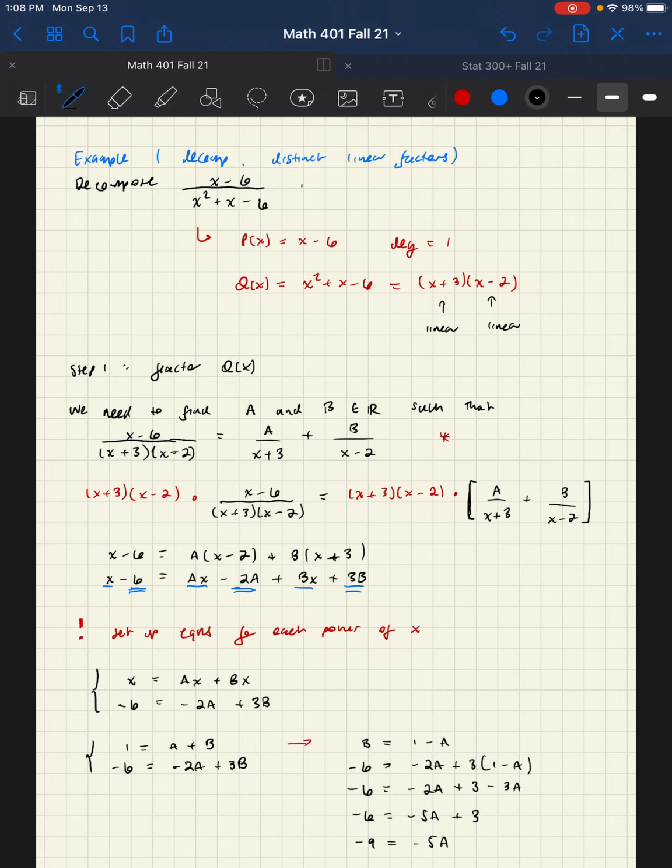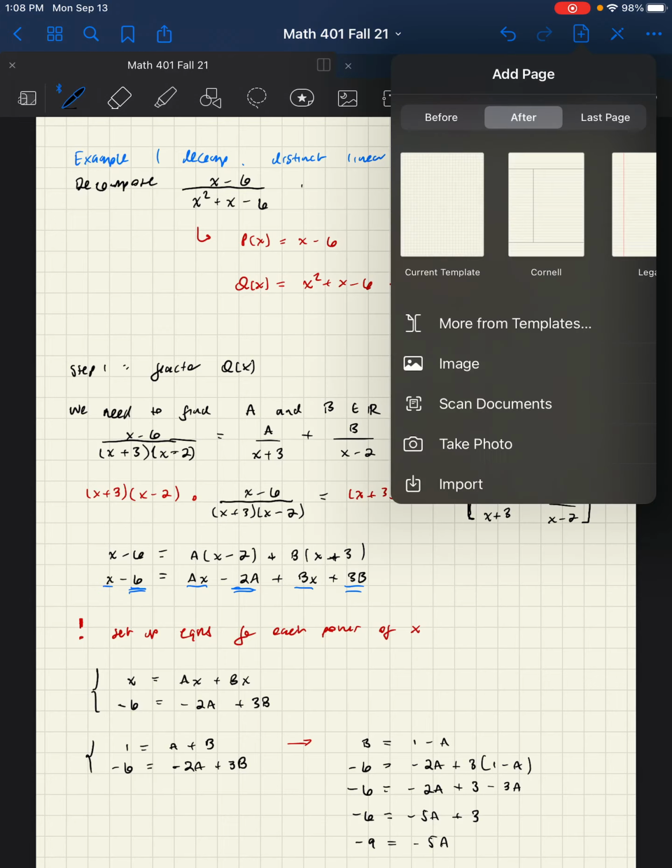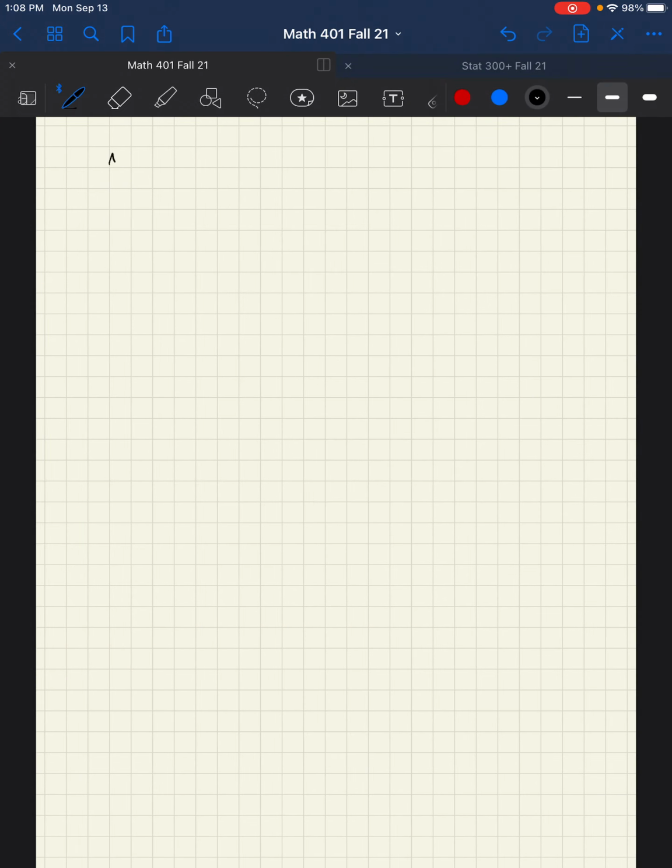Okay. And so what we see then is we have A. A is 9 over 5. So A equals 9 over 5. And then B is, we said that was 1 minus A. So 1 minus 9 over 5 is negative 4/5. Okay. So those are our two missing variables, which means then our solution is this rational function is going to turn into